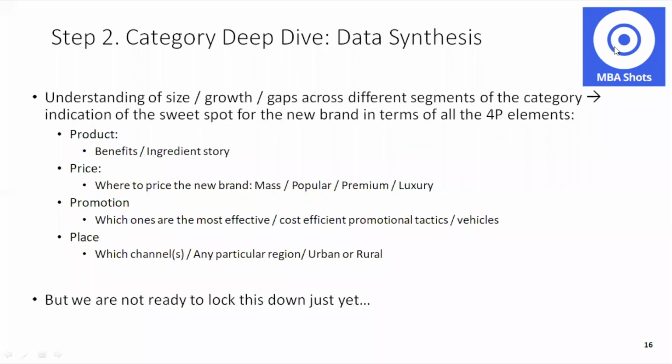axes. So once you have built this comprehensive understanding of the category and you have an understanding as to the size and growth of the different segments and what the gaps in the segment are, you will at this point in time start getting early indications as to what is a sweet spot for the new brand in terms of the different 4P elements. So what is going to be the benefit and ingredient story for the product? What will be the pricing of this product? Where will it fit on the price pyramid? Will it be a mass product, a popular price product, a premium, or a luxury product? And then how would you be promoting this brand in the most effective, cost-efficient way, and using what vehicles and